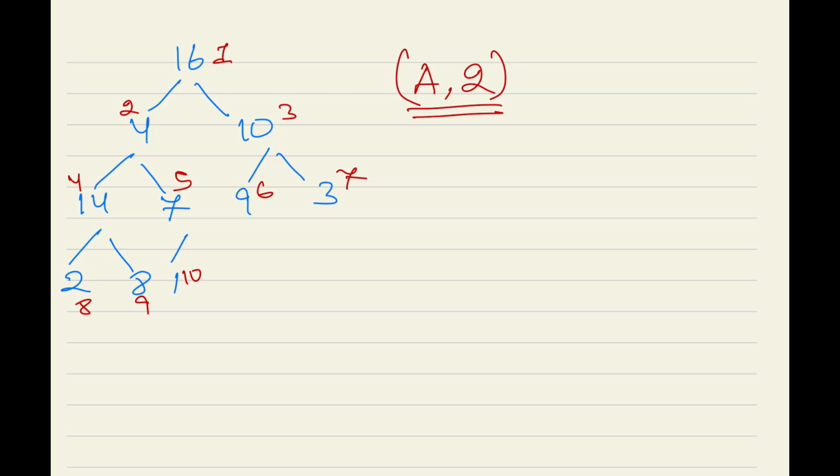If we compare this value 4 with the child elements, which one is largest among the children? 14 is largest. So 14 should be here and this 4 should be here. So we are going to just swap these two elements, the parent and child. After swapping, the new element will be